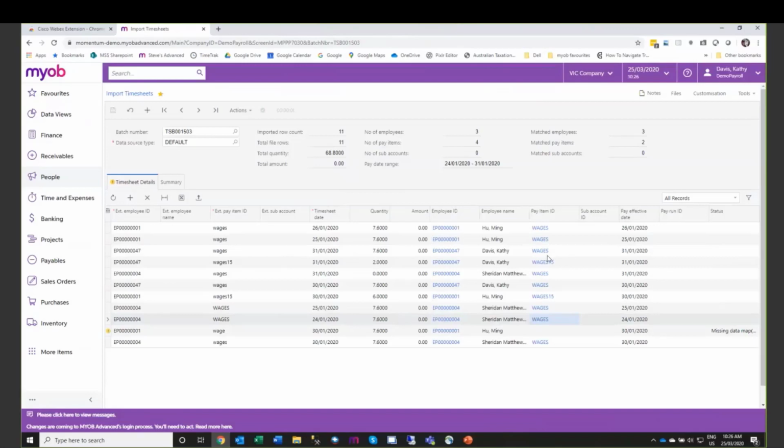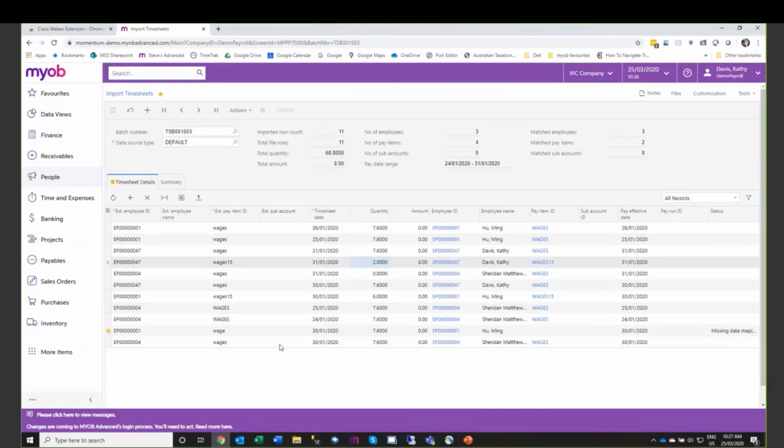I didn't even need to put in employee names. All I needed is the actual employee code, the dates of when the work occurred, how much time was spent, and I haven't used any sub-accounts, so what that means is it's going to use the default posting classes